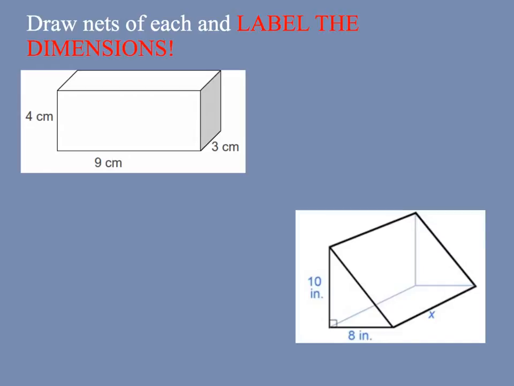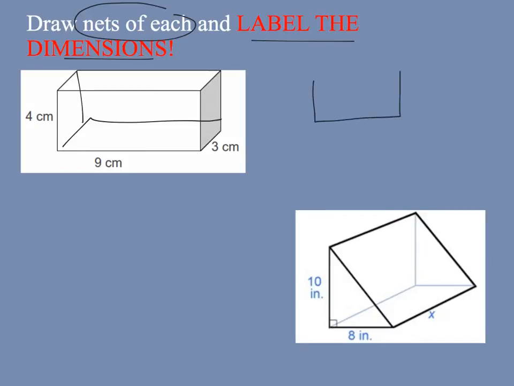Okay, draw nets of each and label the dimensions. So a net is a 2-dimensional representation. This is a rectangular prism, so it has a bottom. I'll draw in the 3D part. It has a bottom that's 9 by 3, so I label that 3 by 9, and it's going to have